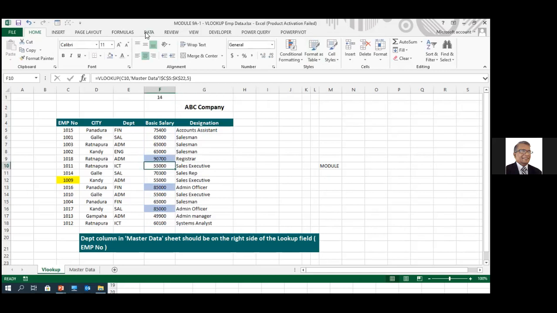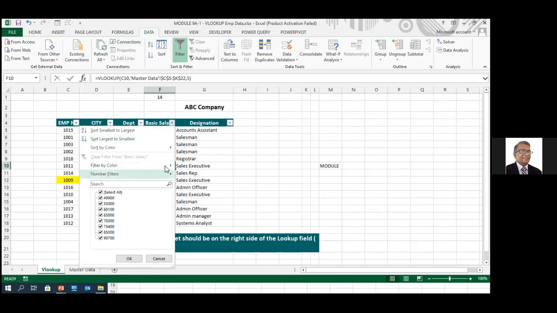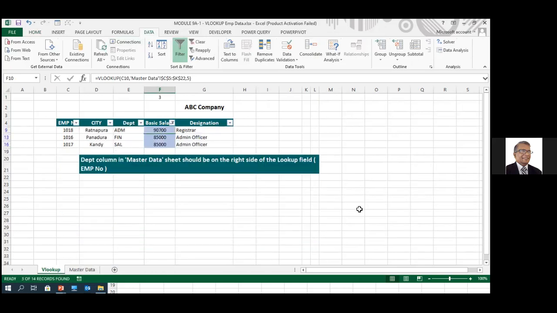And now you put a filter and then filter by the color. So you can see how many colored ones are there. That's a way out. Otherwise, you have to do a macro for that. Normally we color it by using conditional formatting, but then we can always use that same formula in the COUNTIF. But if you just ad hoc go and color for some reason and want to find out how many are there, put the subtotal, the count of the subtotal, and then filter it by the color. Okay, so with that we'll wrap up.